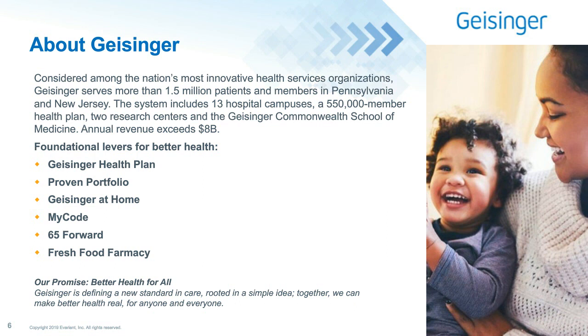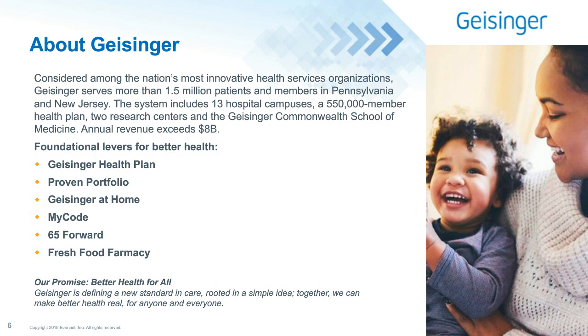One of the things that Geisinger is known for is a reputation for being innovative, particularly in the space of care delivery models, and the fact that we've had a health plan since the early 1980s, and that integration of care delivery and coverage will come into play later in this webinar as we talk more about patient lifetime value. A very different business case than Suzanne just described, where we have hundreds of outpatient facilities and have for years, and are very involved in the management of our patients in their total health, but also well known, obviously, for specialty care at the tertiary and quaternary level. But some of the things that